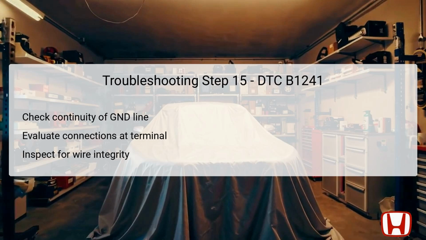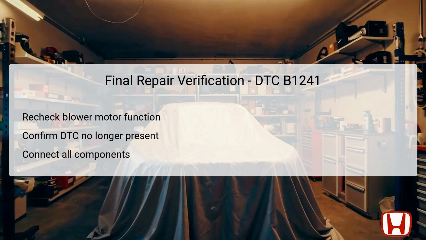If there is no continuity, then further inspection of the ground line is warranted to look for any possible opening in the wire. Additionally, ensuring proper grounding at G301 becomes vital to ensuring ongoing performance and reliability in the blower motor system. After all necessary repairs and adjustments have been completed, it's critical to conduct a final verification of the